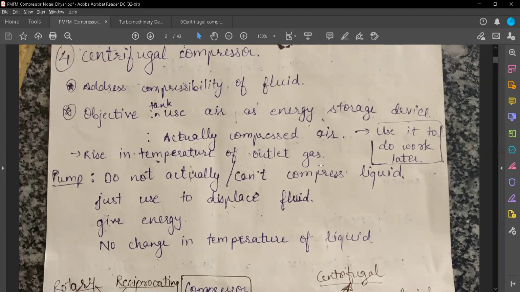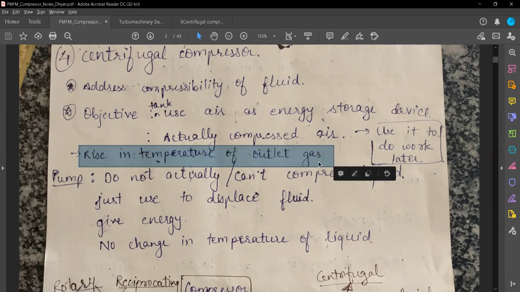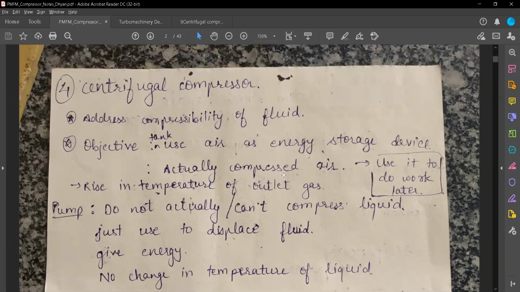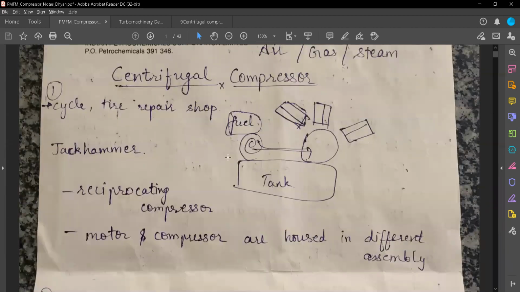So compressors can handle air, steam, or a mixture of gases. Any type of gas or vapor, steam, air, all can be handled. So they are the working fluids in our compressor. We will see in an example also that there is an actual temperature rise of the outlet gas, because we are actually compressing there, because of the property of the fluid or the gas, that it can be compressed. So we are actually compressing the fluid, the pressure is actually increasing, there is no movement there. So we can see in the earlier case also it's static.